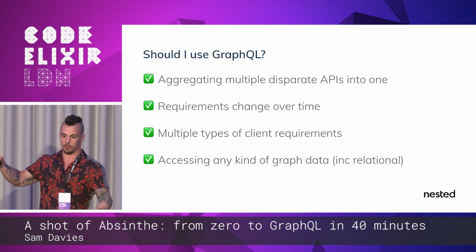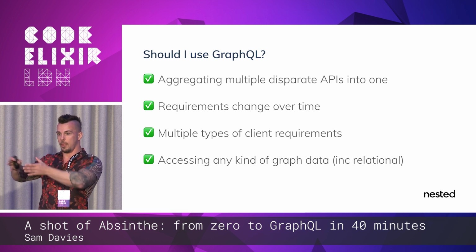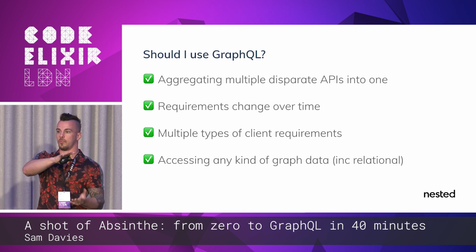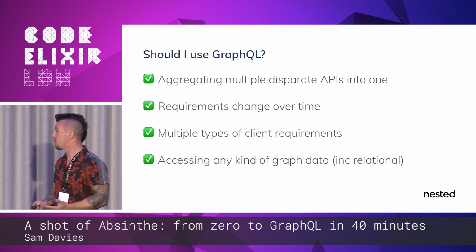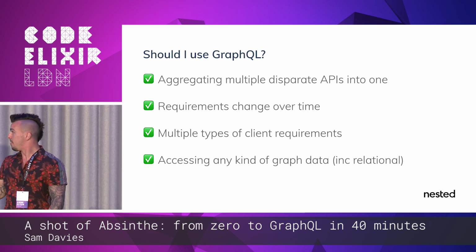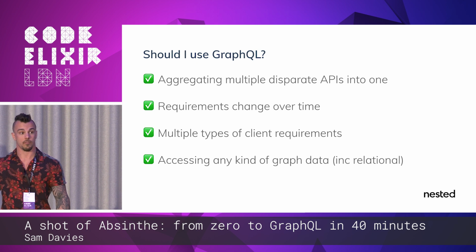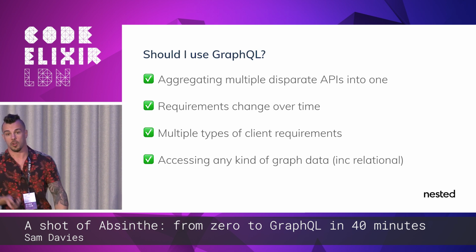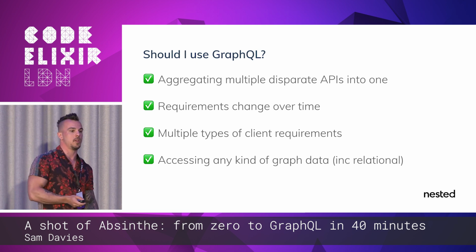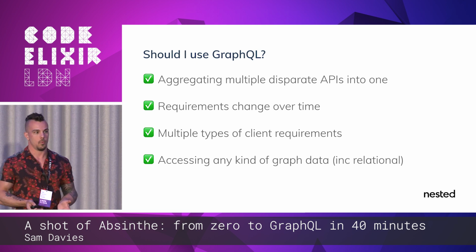But what you can do is write a layer for it that then exposes that as part of a GraphQL schema, along with a bunch of other services, making it a lot easier for clients to access. If your requirements are changing over time, GraphQL gives you a lot of tools to be able to do this well. If you have multiple types of client requirements, so at Nested we have, just as an example,